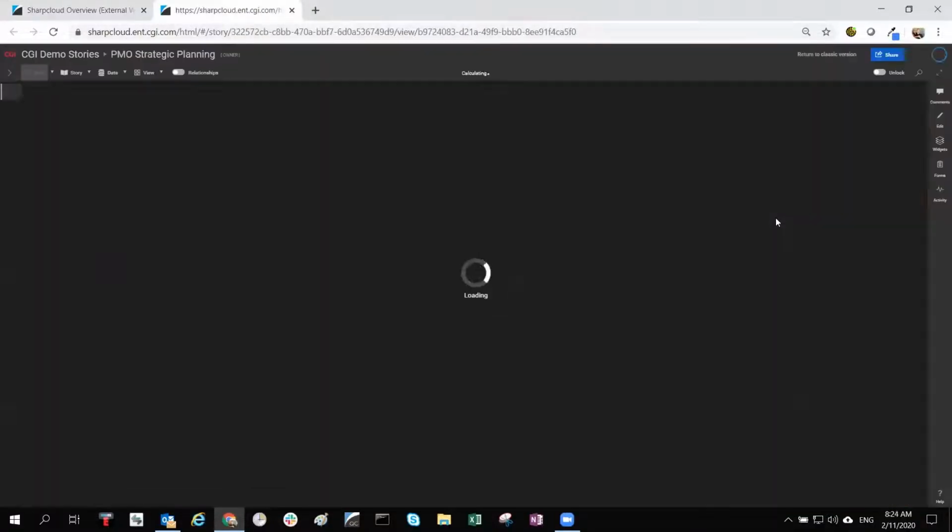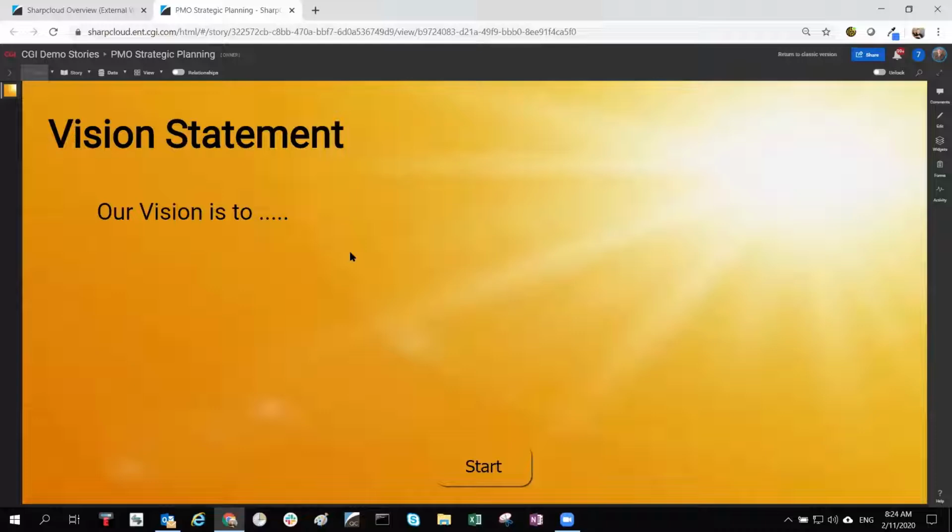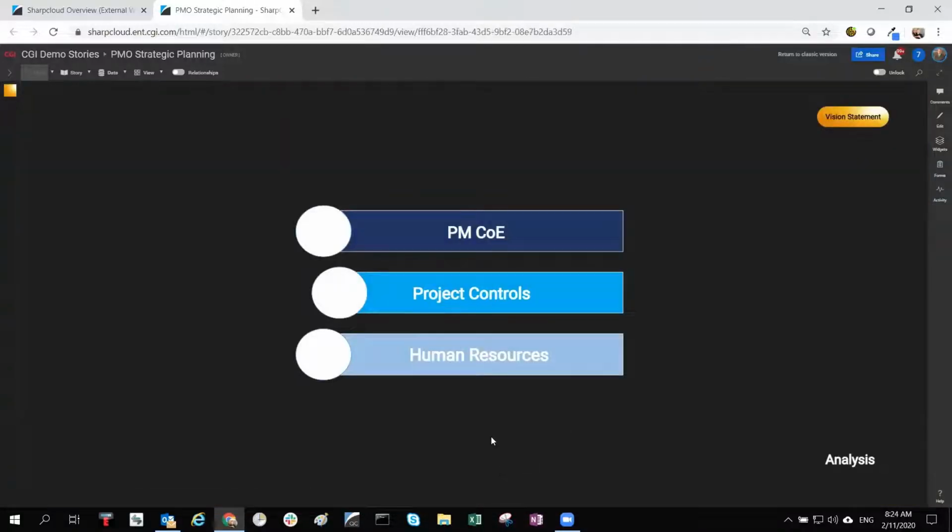Strategic planning. This is a very interesting use case for SharpCloud. Many of us have facilitated workshops where you got the whiteboard and you got sticky notes, and that's a good way to get people thinking and flowing and moving stuff around. Well, one of the things you can do with SharpCloud is you can actually use it for that type of